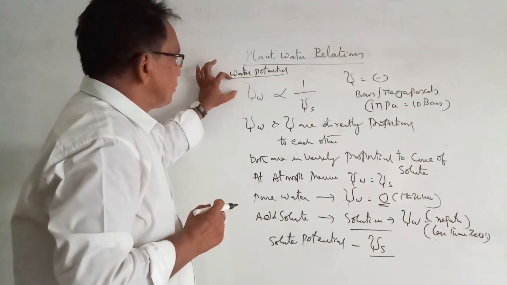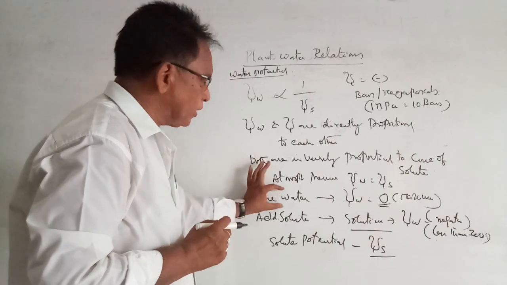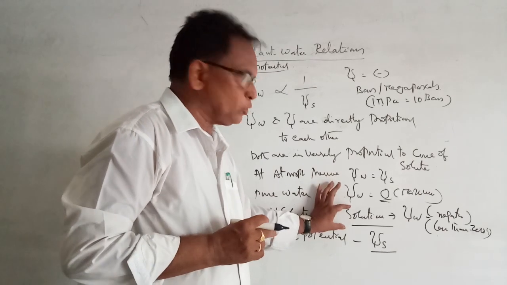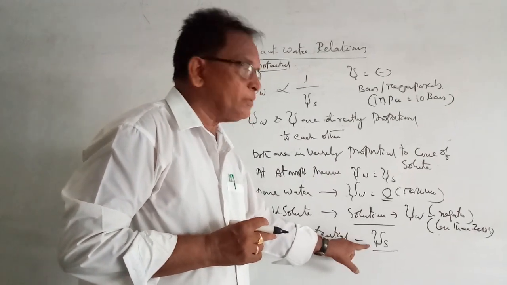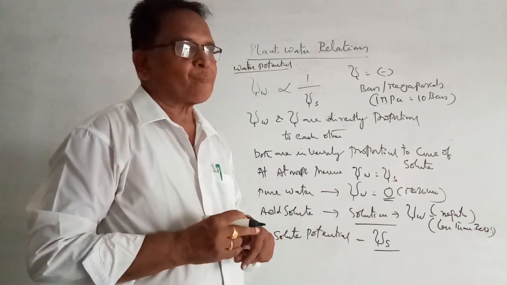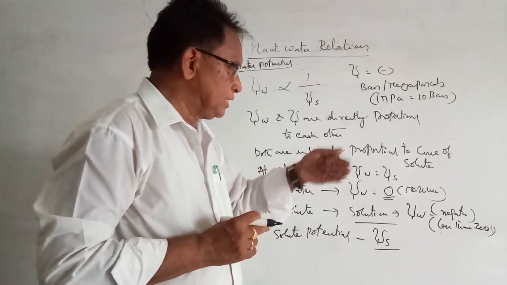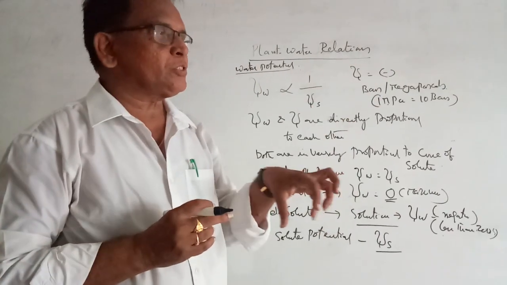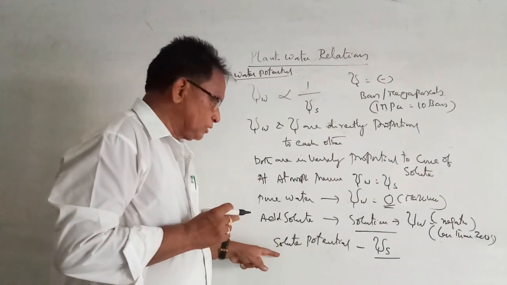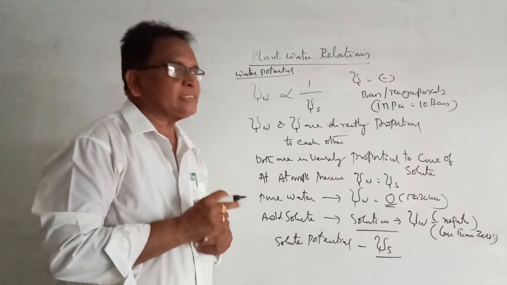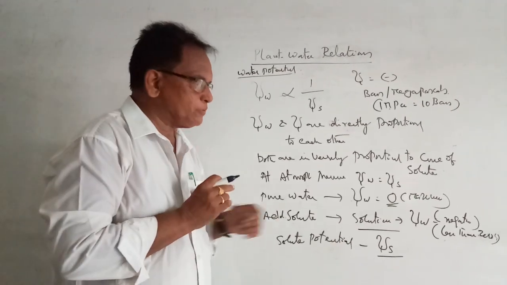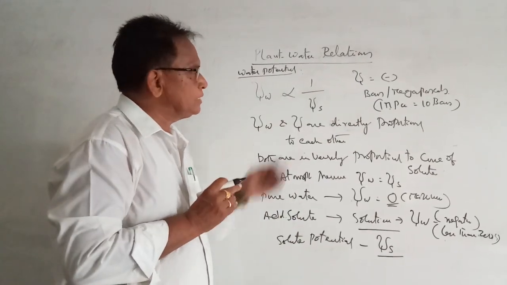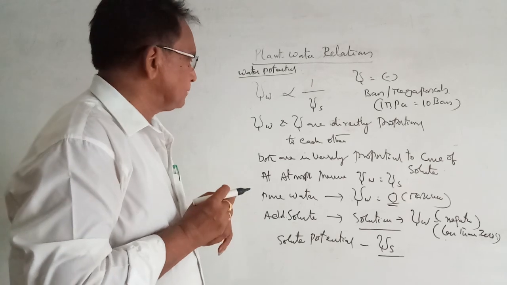The first one is water potential. Water potential for pure water is 0. If we add any solute to that water, it will become a solution where we can have this phenomenon called solute potential. The magnitude of the value that is less than 0, that value can be represented as solute potential. It is represented as the psi S symbol and its value is also negative. It can be measured in bars or megapascals as in the case of water potential.